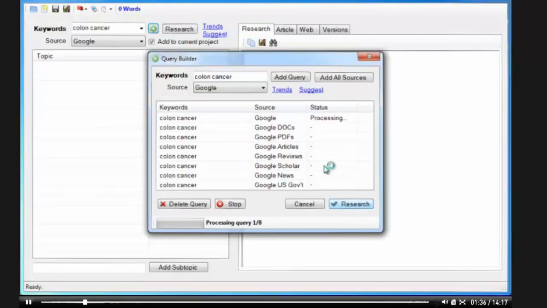You just click the research button and you'll see it's processing the first query. I've got my copy configured to get 300 pages of research per source. And you see how fast it's getting those 300 pages? Instant Article Wizard is extremely fast at everything it does, and so your research gathering is very quick. But I'm not going to let that finish because I've already got all this research in a project. So I'm just going to click Stop,